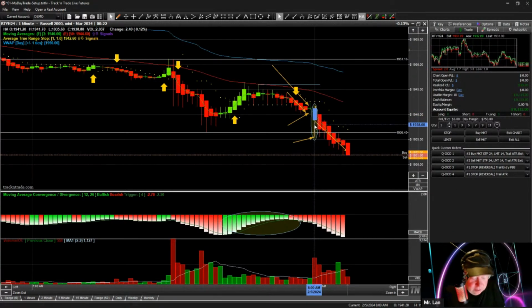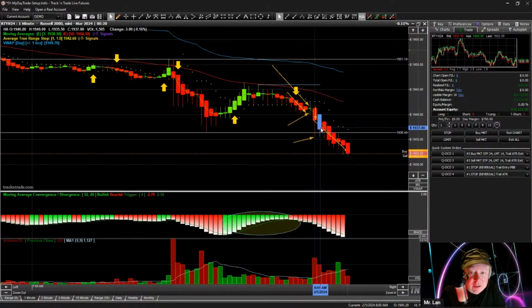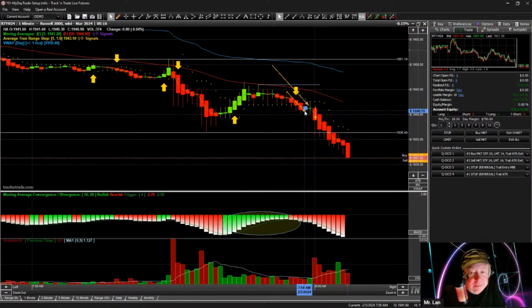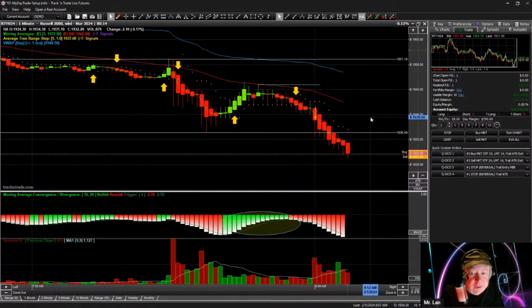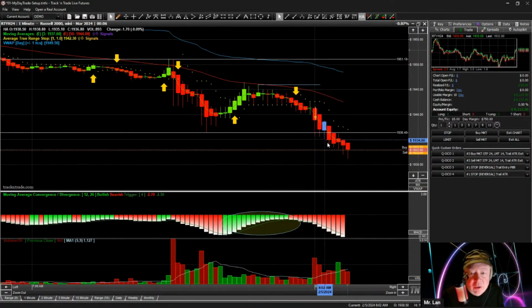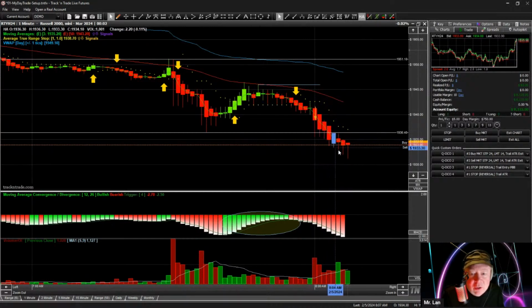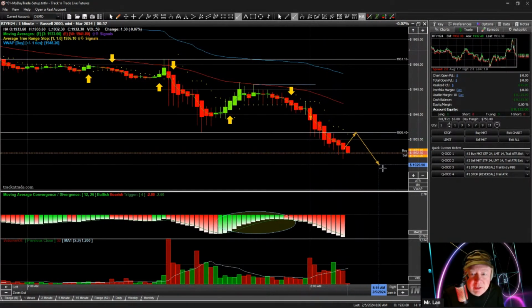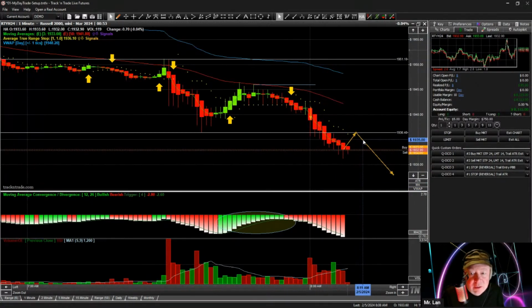So now we're just sitting on our hands waiting for another signal or another opportunity. We'll just get in short right now, Lan. No. You can do that if you want to. But look, it's lower high, lower low, lower low, lower low, all those lower lows. We didn't even get one little pullback to give us a little bit of an opportunity to take an entry on that. It just kept